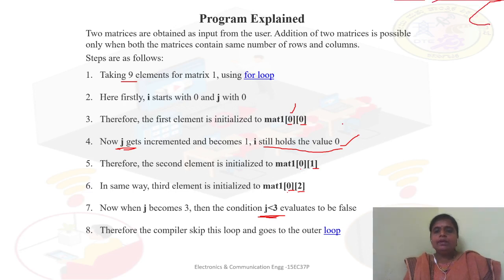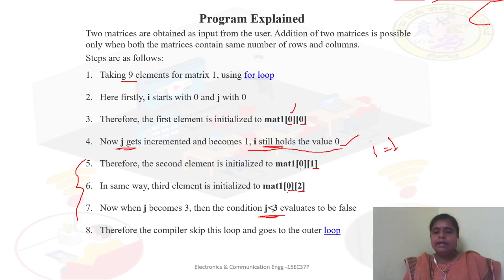So here when i is equal to 0, this is for row 0. In the same way, I repeat these steps, keeping i equal to 1. The same way we repeat it for i is equal to 2.